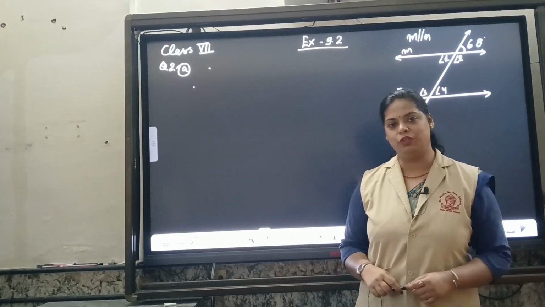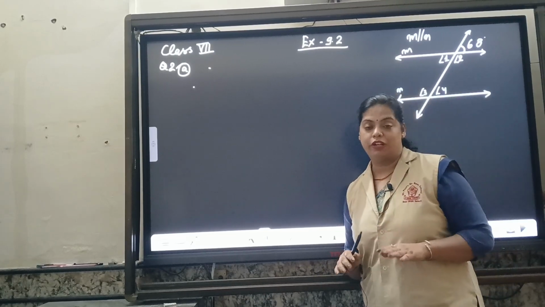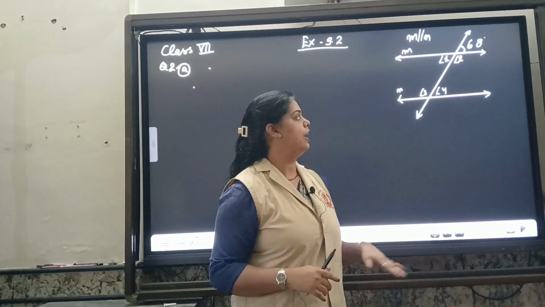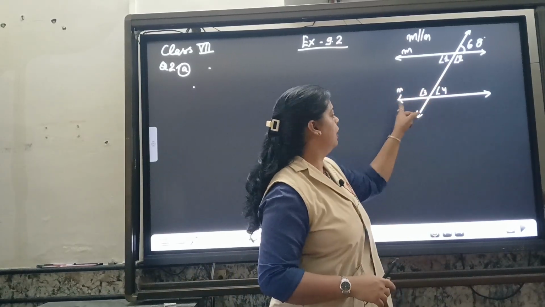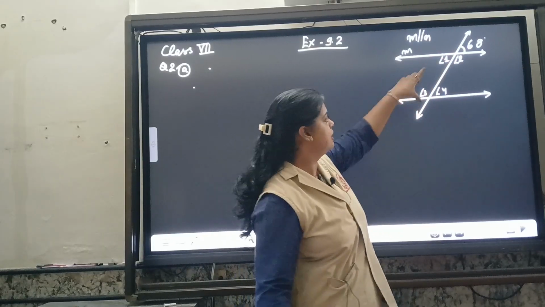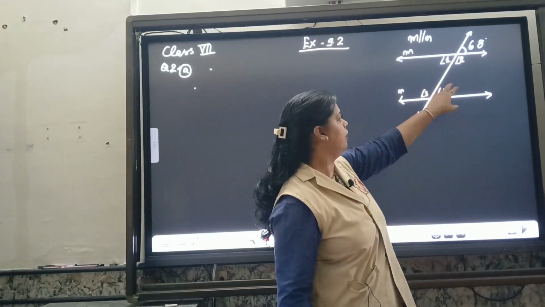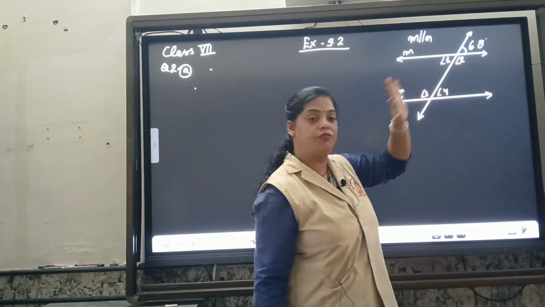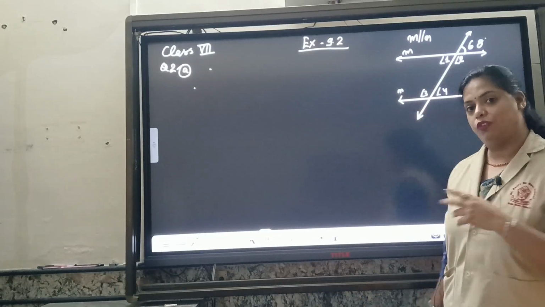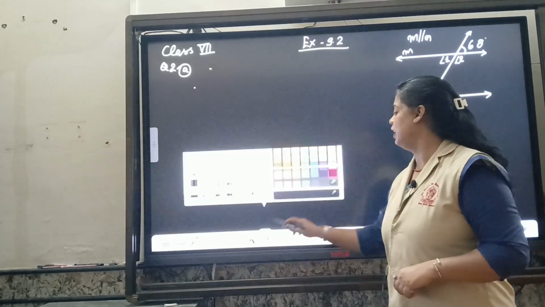Good morning everyone. Today we are going to start exercise 9.2 where we have already solved question number 1, and we are moving towards question number 2 where we have two parallel lines M and N, and here we have one transversal line which is intersecting these two lines at two distinct points, and it is forming angles 1, 2, 3, 4, 5 which are shown by the question in this figure, and we have to find out these missing angles. How to do? We can notice that we have